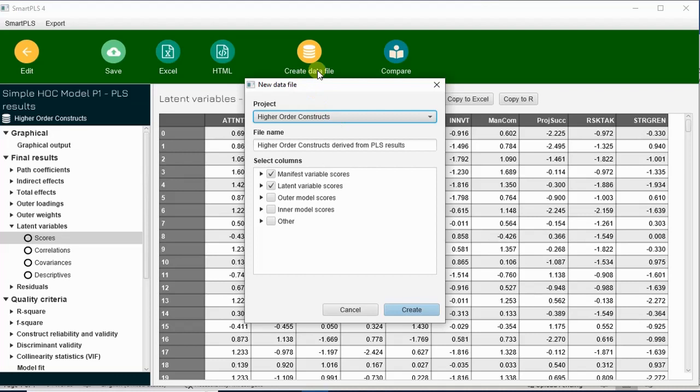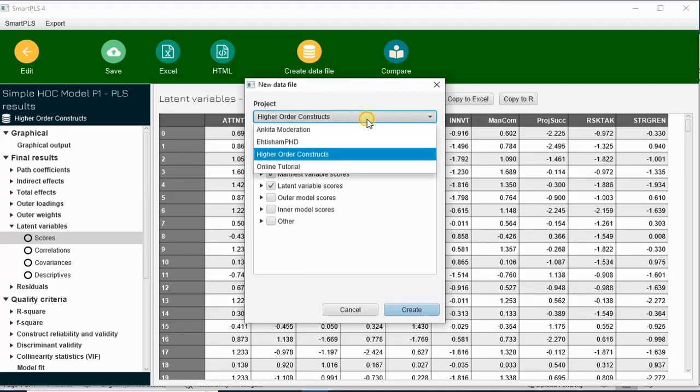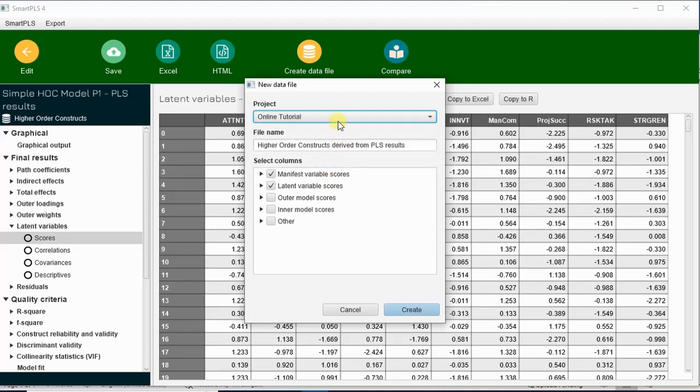The new data file will be created in this project in the same way. If I select any other project name, then the new data file will be shown in that project. So I am working with a higher order construct, so I want to create a data file in this project. You can rename it here,